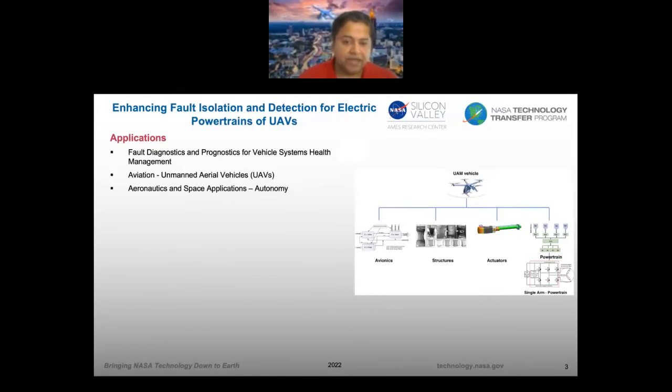So what are the applications of this? In the current scenario, we are looking at vehicle systems health management. So we are looking into different areas of UAVs, and also aeronautics and space applications, which are mostly related to autonomy. Wherever we want a system to run on its own, this application is the most efficient one, the way we have built it, because first of all, it requires prior information. It's able to capture whatever the system information is and then keep on updating